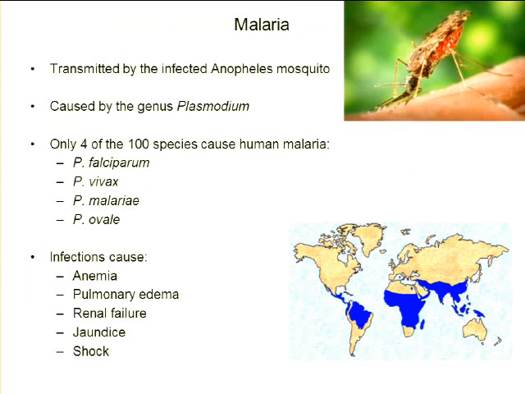All right, let's do malaria. Malaria is a big deal. There's 300 million annual infections and 1 million annual deaths due to malaria. Malaria is mainly a disease of the tropics. So you can see in this purple shaded area is where malaria is highly prevalent. And so in the United States, mainly it's travel to these areas and coming back home to the U.S. that patients pick up malaria.